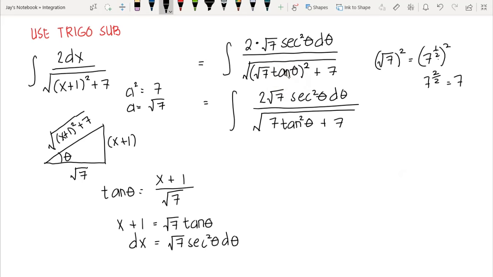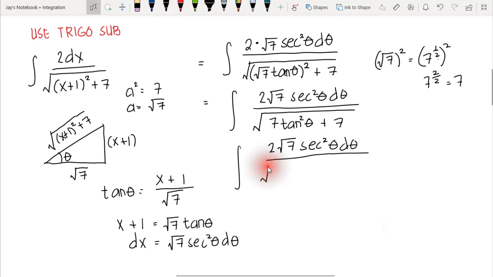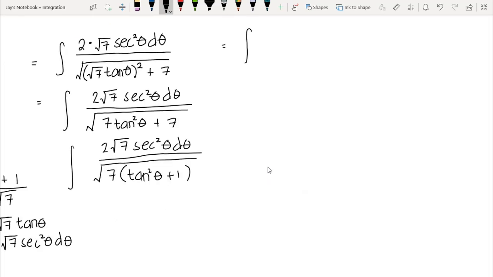So we distribute the square in this term, and we can simplify it further. We have 2 square root of 7 secant squared theta d theta over, now we can factor out 7. We have 7 times tangent squared theta plus 1. We take out 7 in our quantity, then we could say that it is equal to integration of